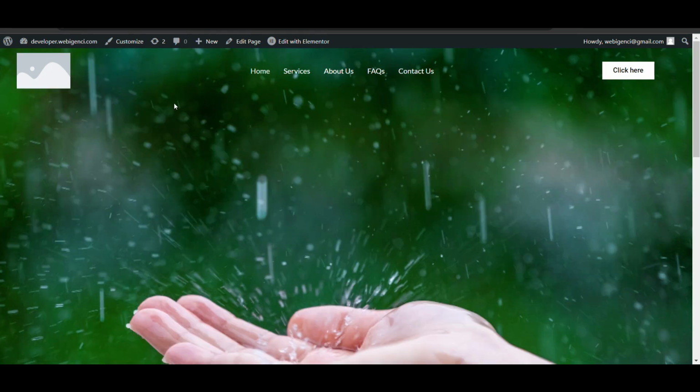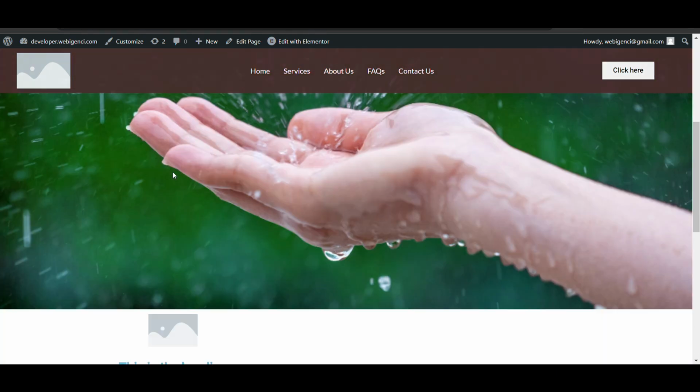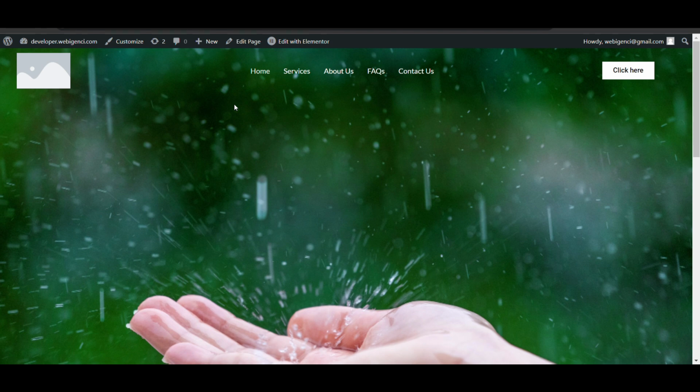In this video, we'll see how we can create a transparent header that will be sticky when we scroll down